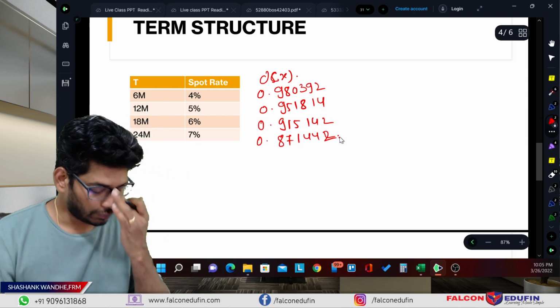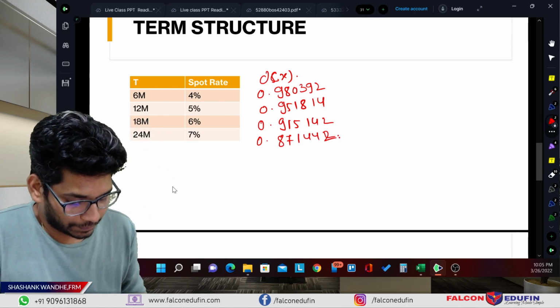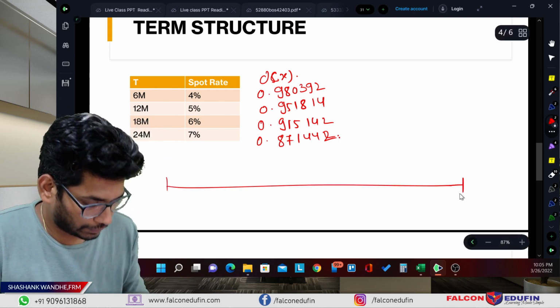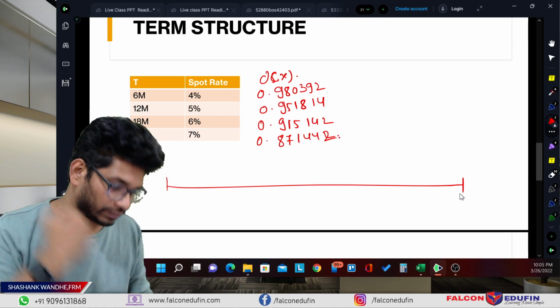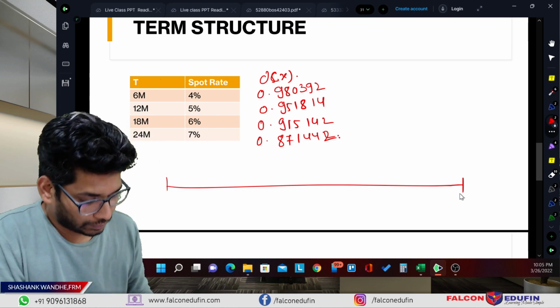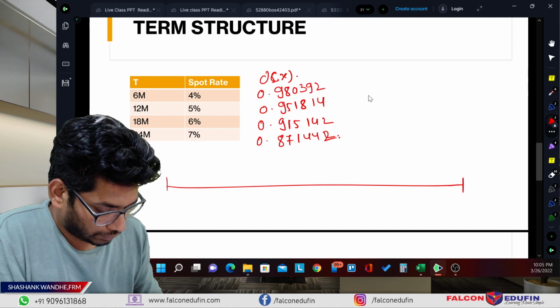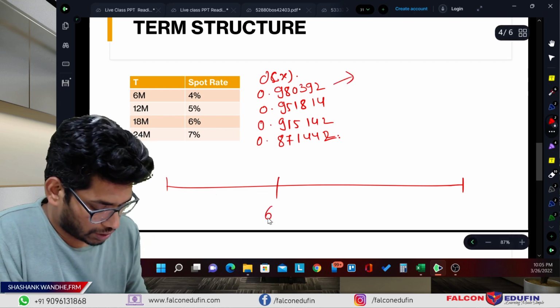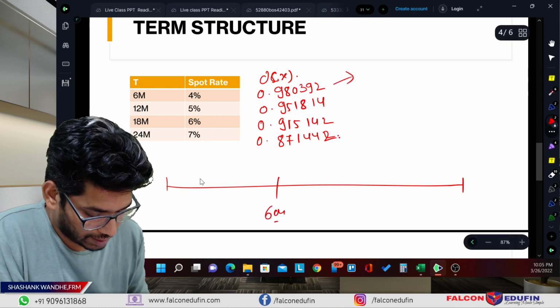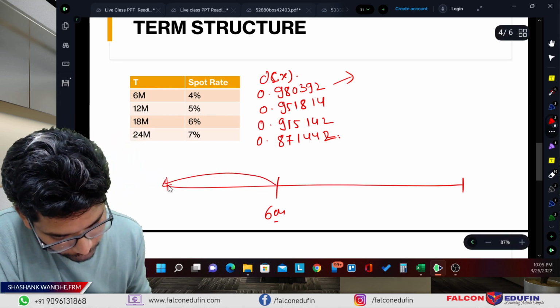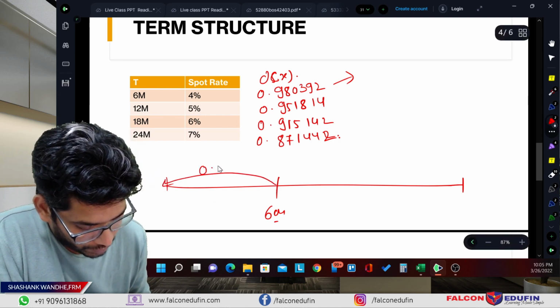Okay. Let's talk about the first discount rate. So first discount rate was applicable for this, and the value is